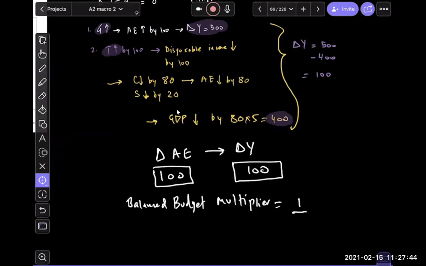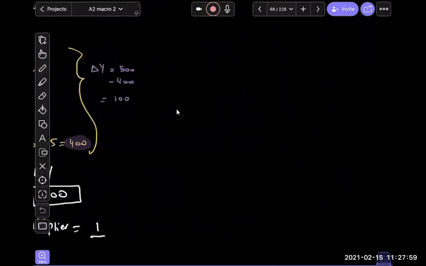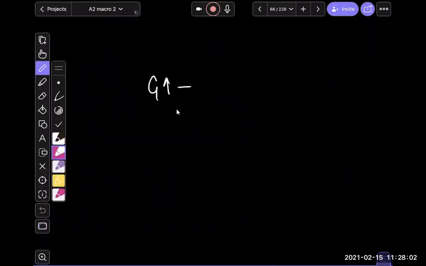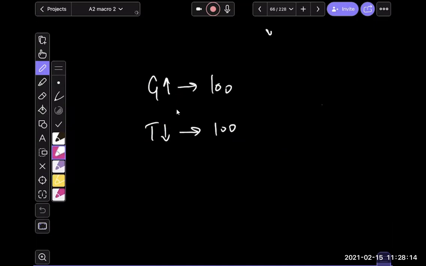And there's another story that I tell you here, that government expenditure is a much more powerful tool. Let's say I give you two options. Do we understand the balanced budget multiplier? Because then I will talk about one more thing. Just as a side note, if I say government expenditure goes up by 100, or I reduce taxes by 100. Okay, the government has two options: increase government expenditure by 100 or reduce taxes by 100. Okay, given that MPC is 0.8 and MPS is 0.2.